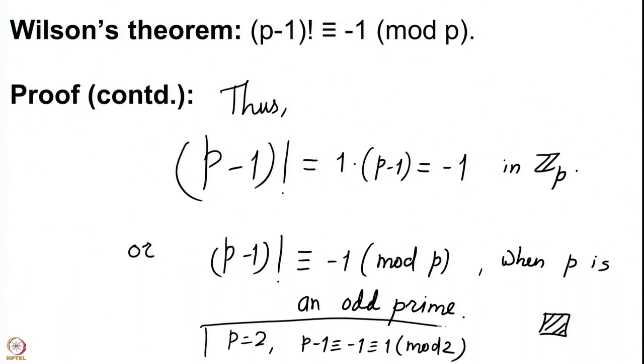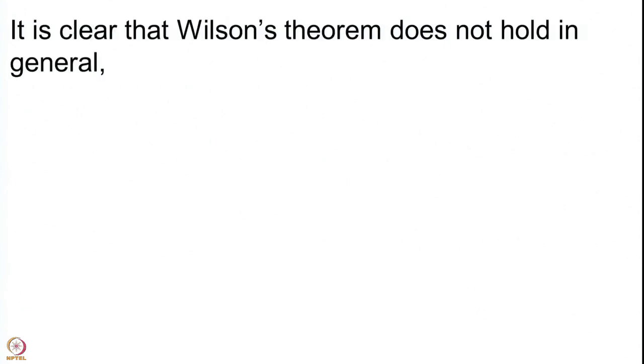So, there is actually no statement for p equal to 2, but we may say that (p minus 1) factorial is congruent to minus 1 holds for all primes, that is something that we can say. And when we ask the same question whether it holds in general, we are asking for a number which is not a prime. You may look at n equal to 4 and you will see that (n minus 1) factorial, which in the case of n equal to 4 is 3 factorial, is an even number, so clearly it cannot be minus 1 modulo 4.